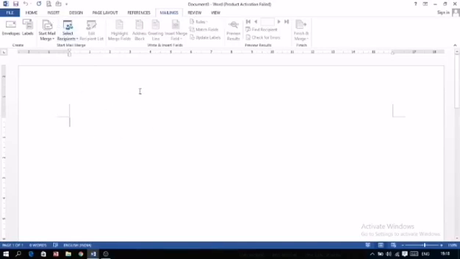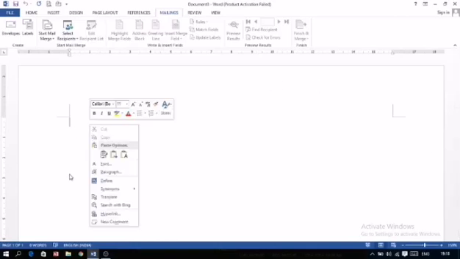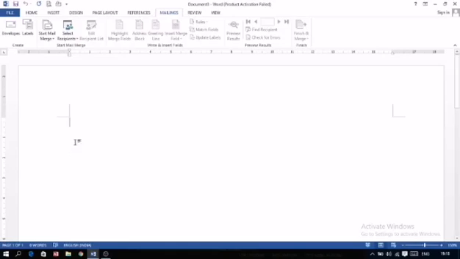Now after this, a blank screen will appear. In this area you have to write down the message which you want to send to the different people. Here I am just pasting it directly. I already have a simple message here. Now for example, we want to send this message to many people.